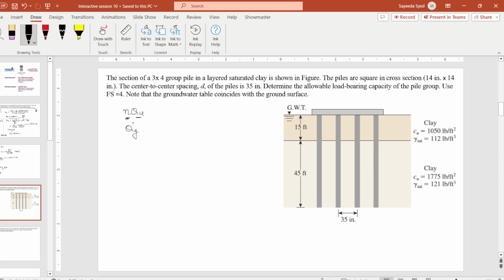So it can be a block failure, in which the whole block is taken as one entity and we calculate the bearing failure here and the friction load capacity here,